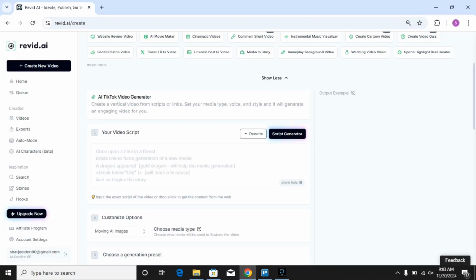So, how to batch produce videos with Revid.ai. Here you will see there is the section of your video script. If you create the script, you can just paste it here, and you can also type on this board, for example,